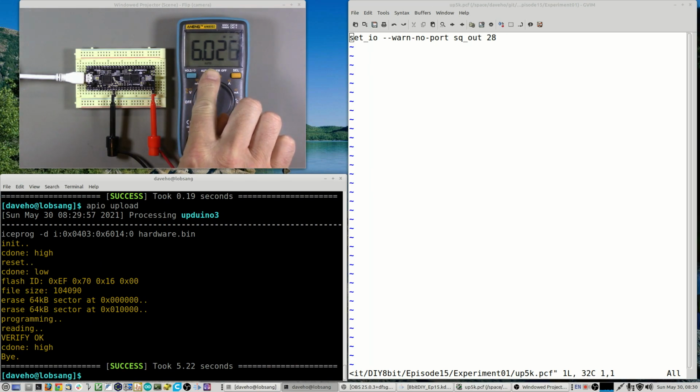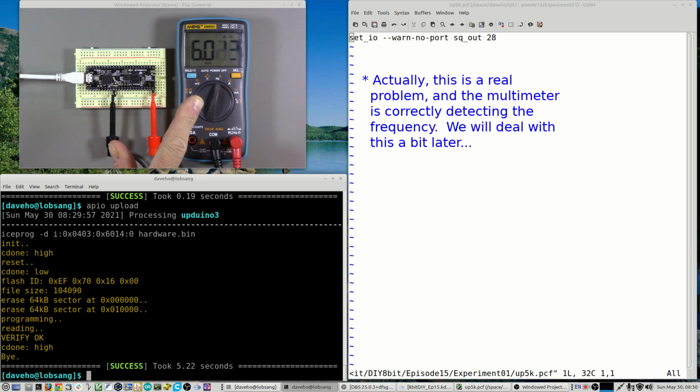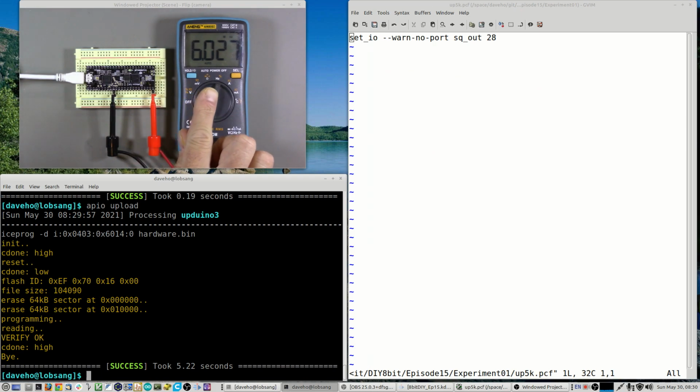Okay, and according to my multimeter, we do have about a 6 megahertz square wave being produced on that pin. I'm not sure how worried I should be that the frequency is changing slightly here. That might have something to do with the multimeter's capability of accurately detecting the edges of the signal. So I'm not so worried about that yet, but I would say as an initial experiment, this is good progress